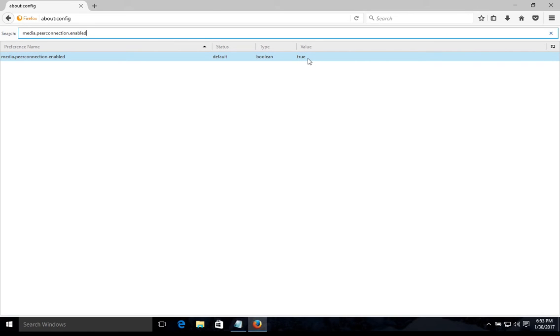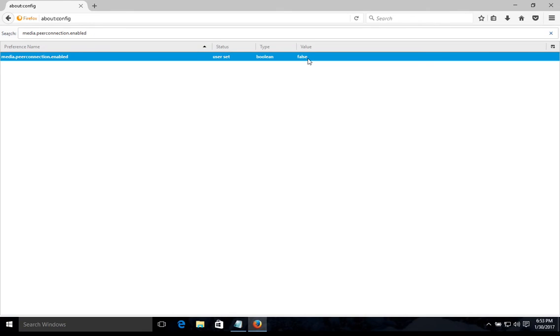Now if it says true, that means that it's turned on. So what you want to do is double click and it will change it to false, which means this is now not enabled. In other words, it's turned off. And so now you can surf the internet with your VPN knowing that WebRTC is not leaking your true